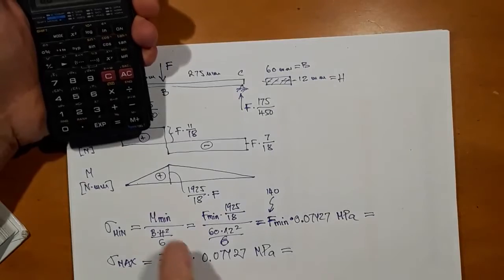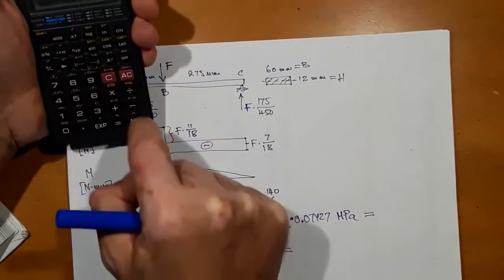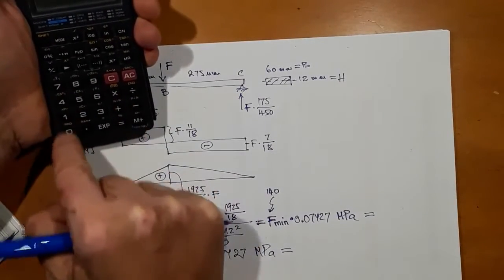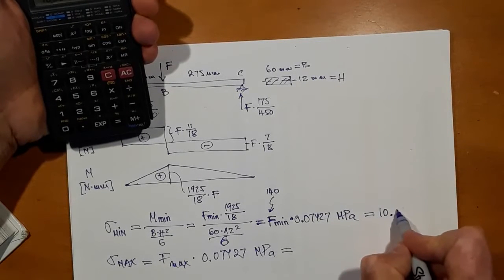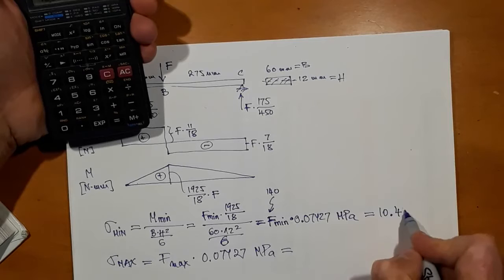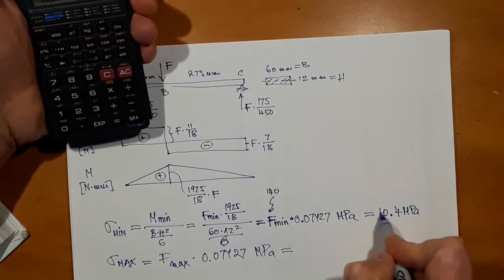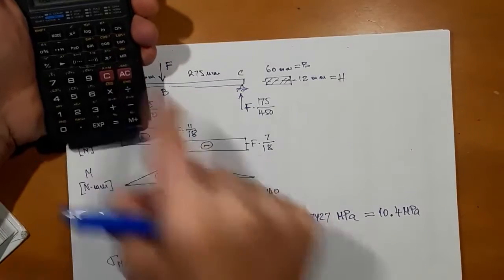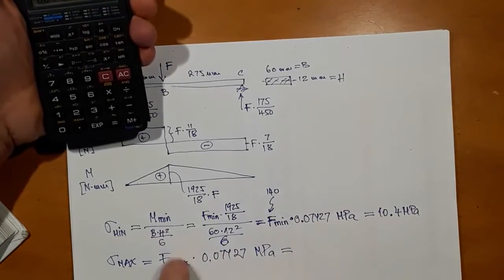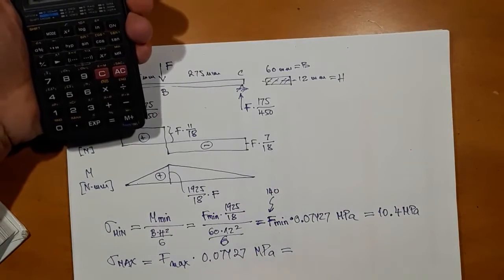Okay, and then put in the memory times 140. This is 10.4 megapascals, the minimum value, and then the maximum value would be the same thing times F max is